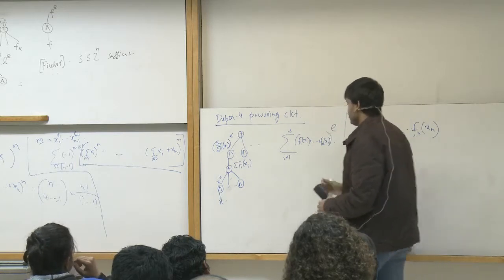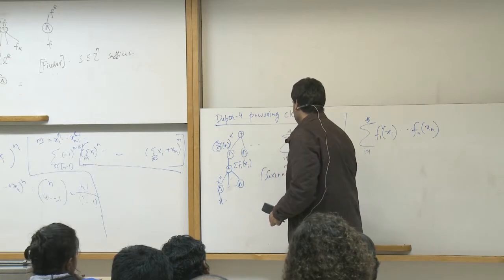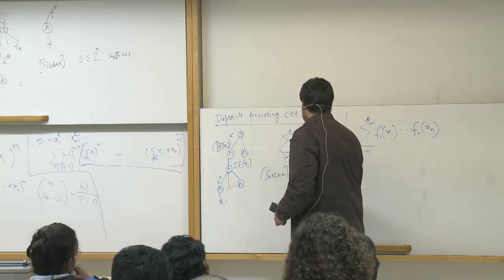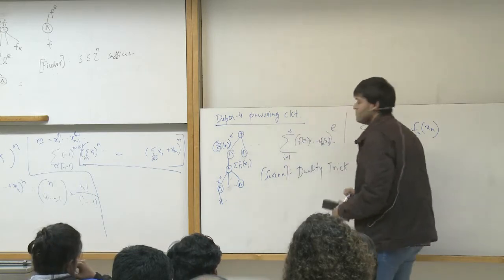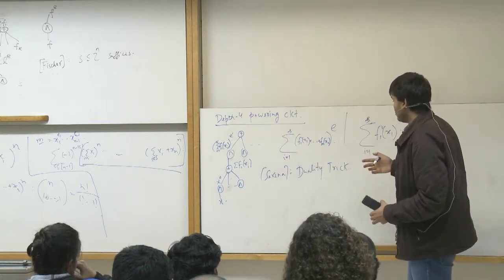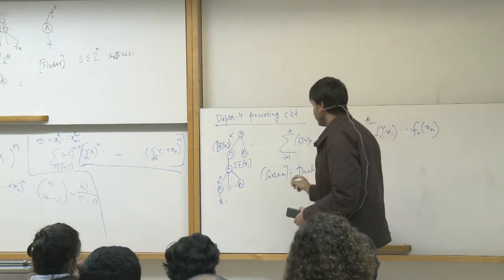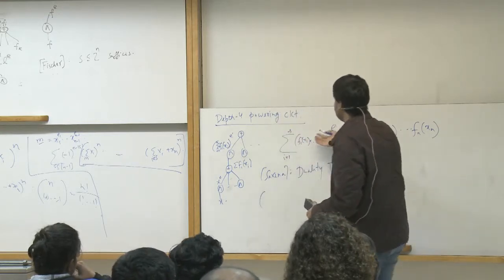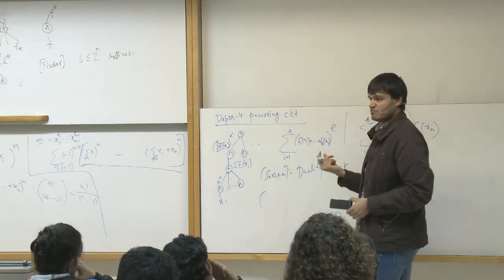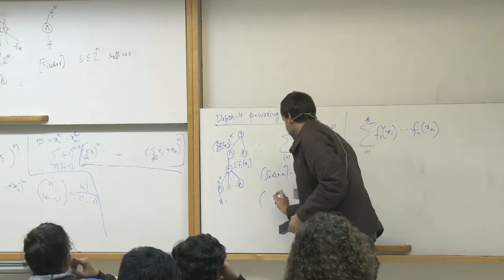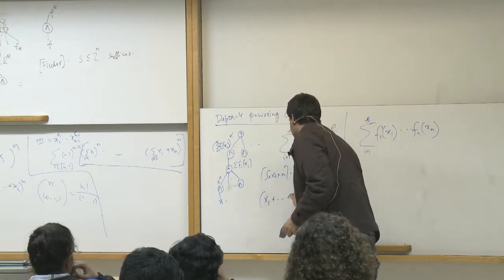Saxena gives something called a duality trick, a version of which was also proven by Shpilka and Wigderson. So what does this identity say? It says that you can expand this out, converting this term into this form very efficiently with a very small blow up. So what is the statement? It says that suppose you start with x1 plus up to